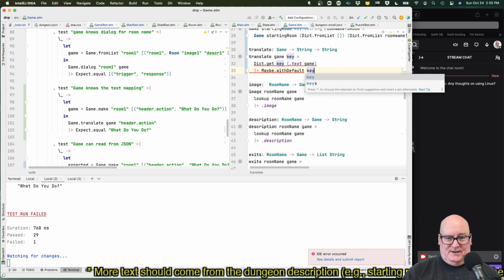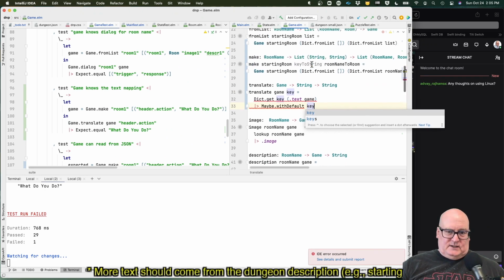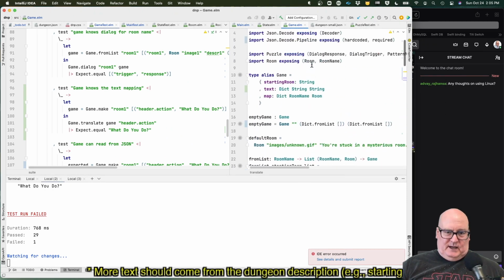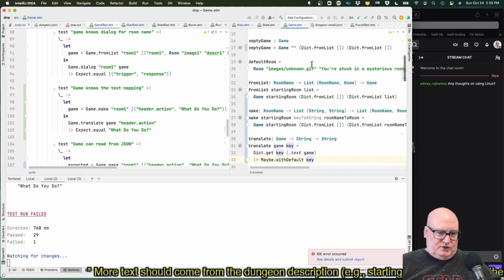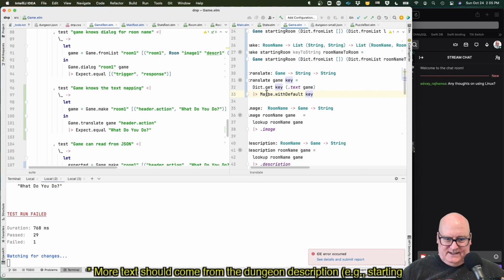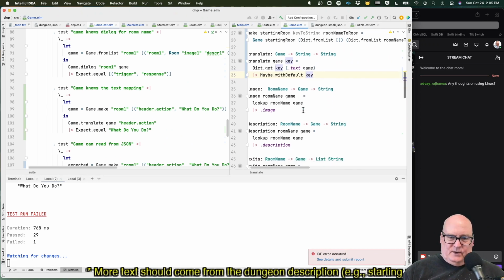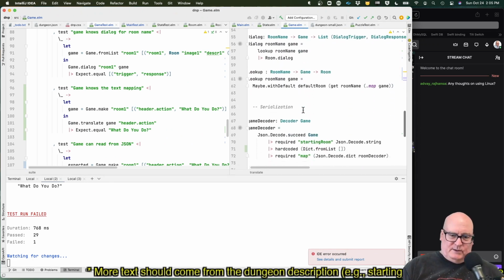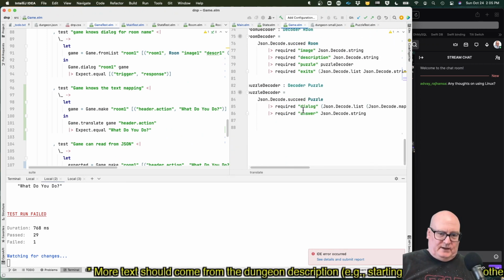What I'm trying to say is look up the key in the text mapping that we have here, which I really do want a better name for, but I don't have it. Look up the key in that dictionary. If you find it, return it. Otherwise, we're going to use maybe with default and just give a default value.